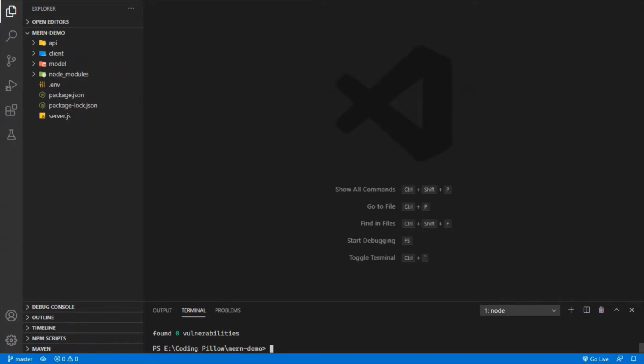So now guys, we are going to install some packages in the client folder, that is our React app. So let me first go to the client folder. So we are in the client folder, and now we will have to install for the UI part. We are going to use Bootstrap for the UI part. So I am going to install Bootstrap, and also I am going to install React Bootstrap so that it becomes easier and we don't have to waste time on the UI part.